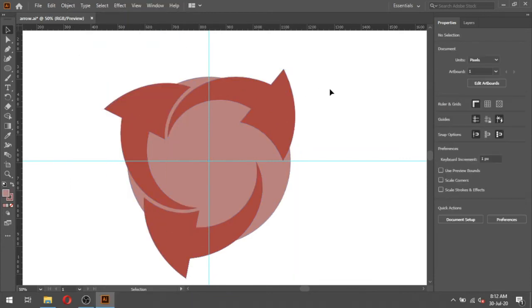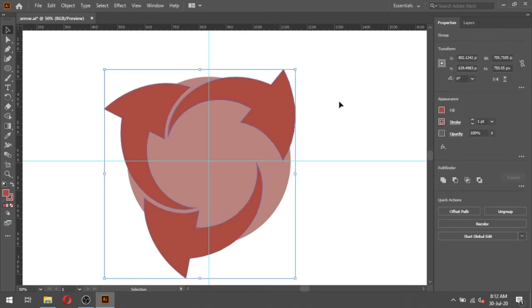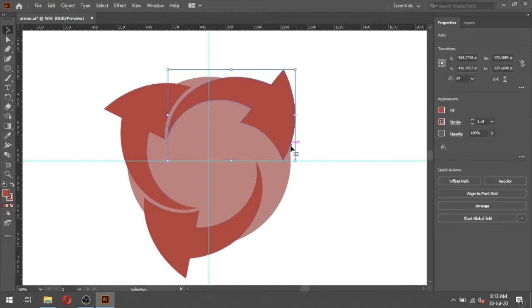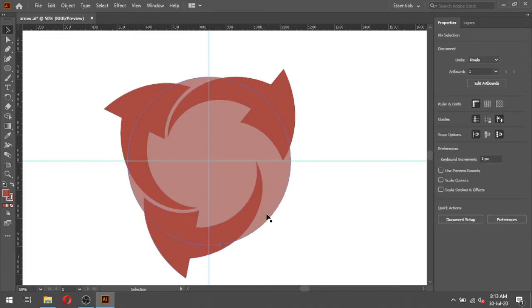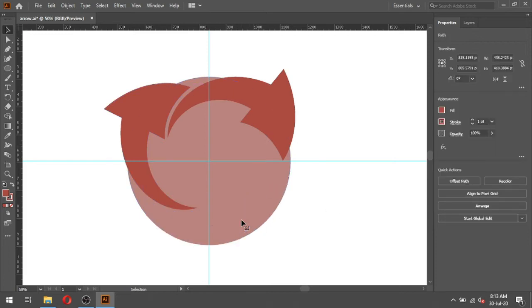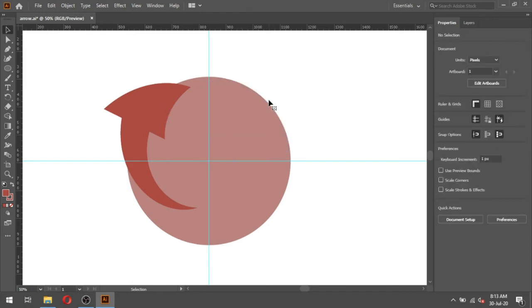Ungroup it. Again ungroup it. Now delete these two arrows. Delete it and delete this one.